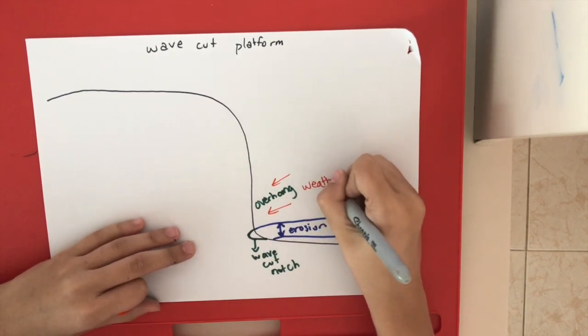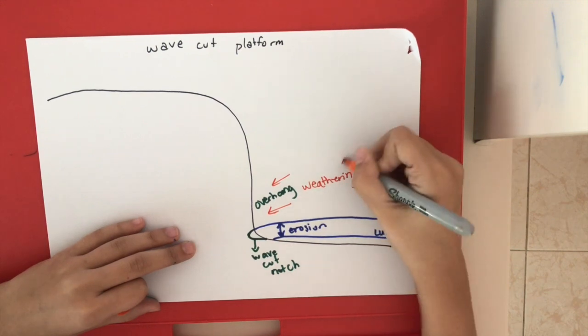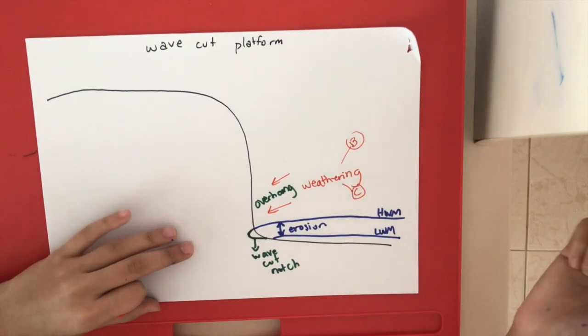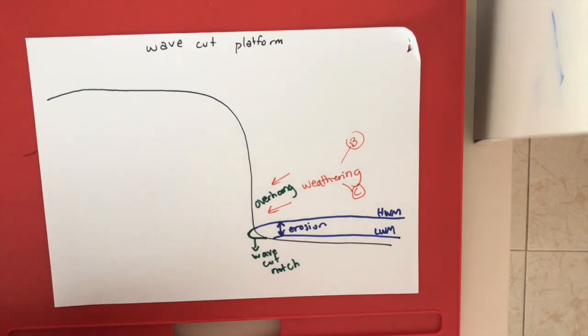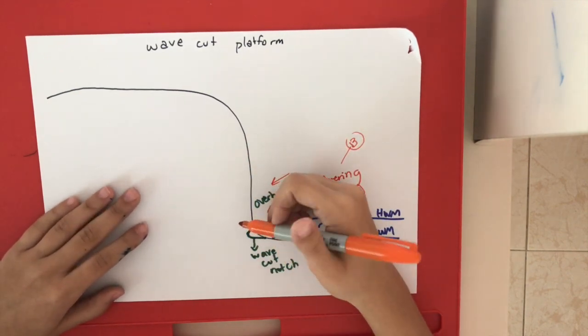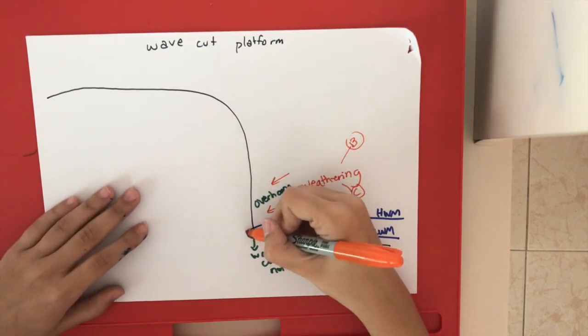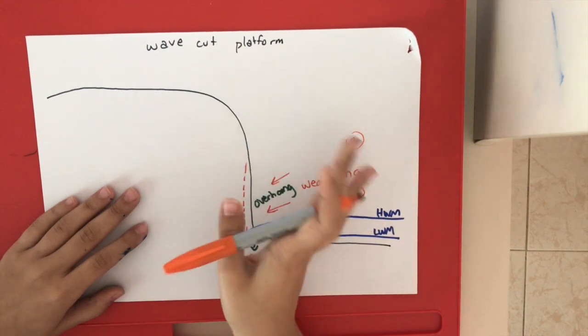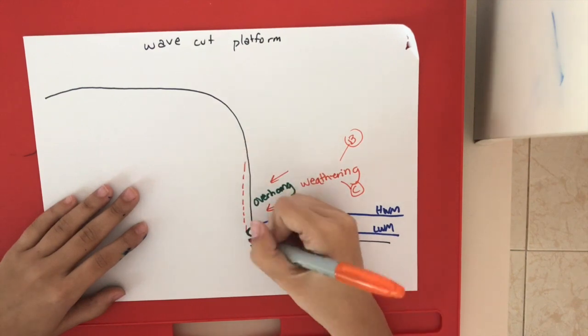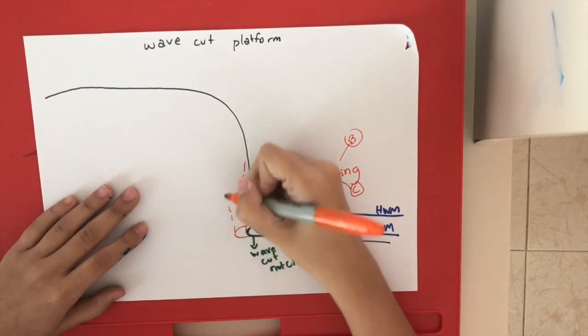Weathering is occurring, and weathering can include biological weathering, such as freeze-thaw, and chemical weathering, such as corrosion. And so the action of both the undercutting and the weathering happening above leads to the cliff face falling away. So this right here falls away, which causes the whole cliff face to retreat. This process occurs numerous times